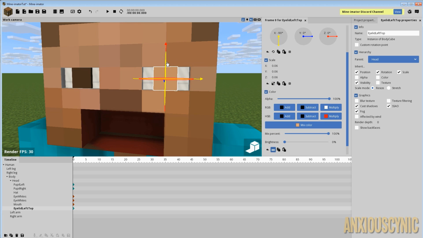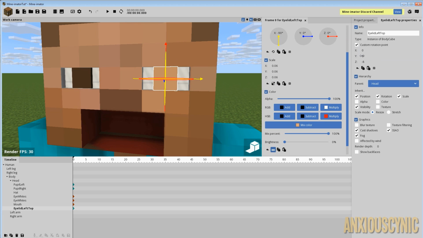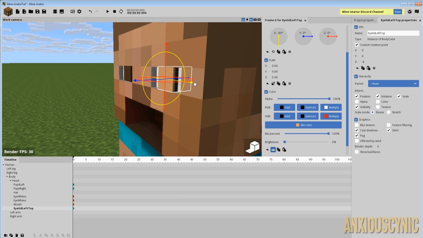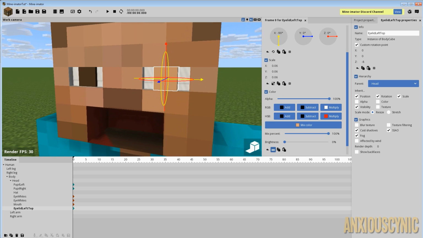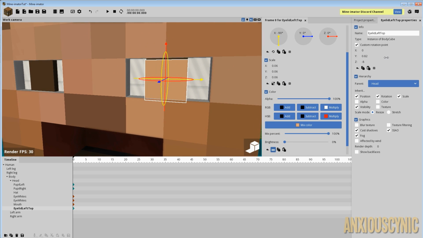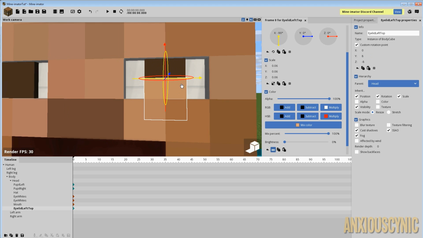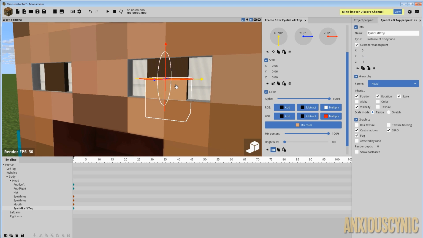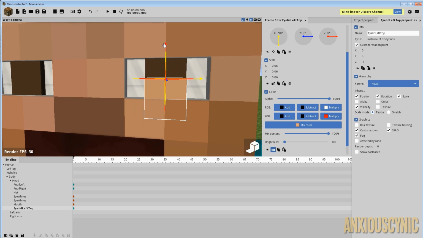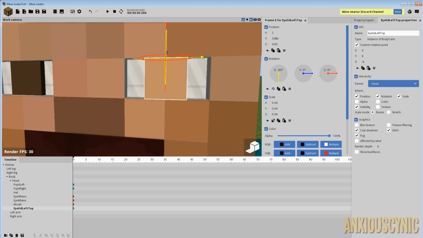And we probably want to move the rotation point here, just like we did for the lips and stiffs. Or we could actually, let's just go ahead and, no, we'll go ahead and do this way. I would say we could rotate it back, but we do want the rotation point to be on this edge. Or an edge, and this is already set up for us. So let's just go ahead and make this a +8. And since this is the top eyelid, we want the rotation point to be at the top. So yeah. Anyway, let's go ahead and bring this up, and that's gonna put us at the number 4, something